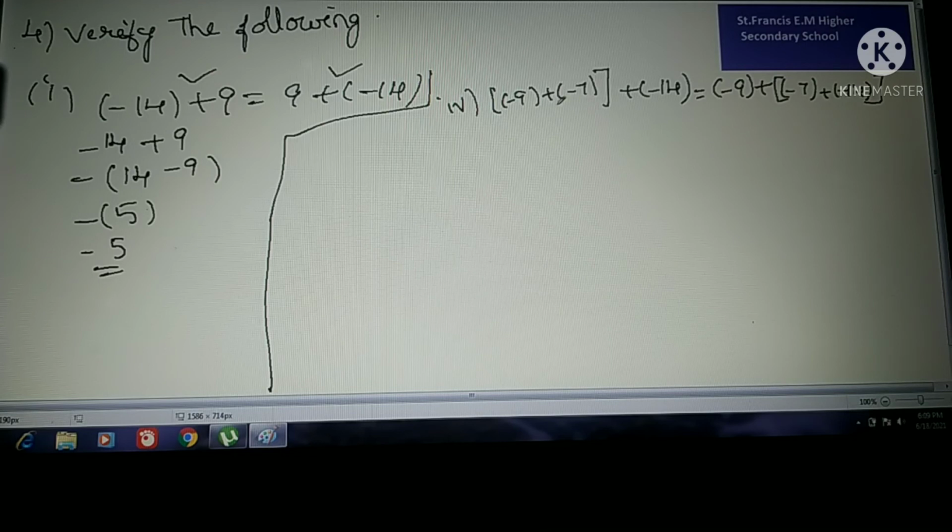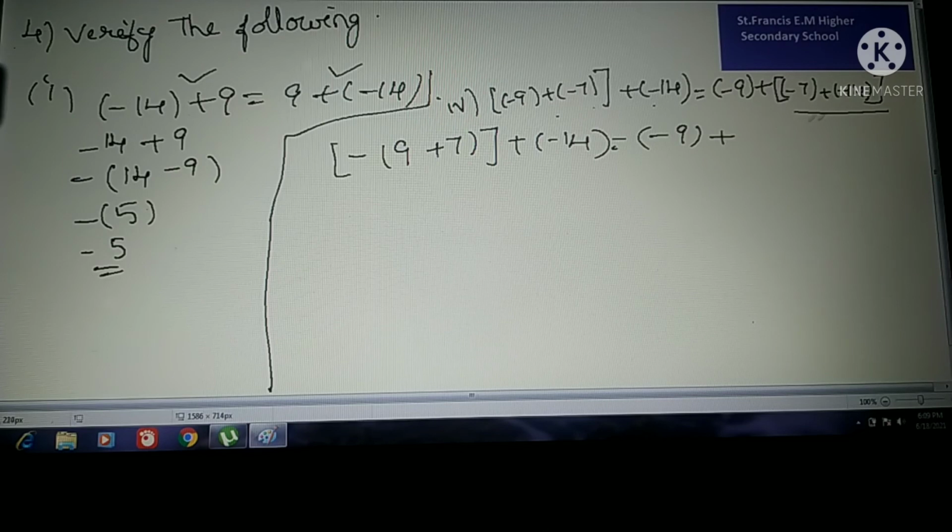Now see this one, minus 9, minus 7, break bracket. So first we will solve this one. Again we will add this minus 14 to this one. After that this side, first we will solve minus 7, 14. After that we will add minus 9 here. So from this side we will solve first. Removing the brackets, writing the sign, or taking the minus out here. In both the numbers we have minus, so taking the minus out, 9 will become plus 9, 7 will become plus 7, and this of minus 14 equal to minus 9 here as it is.